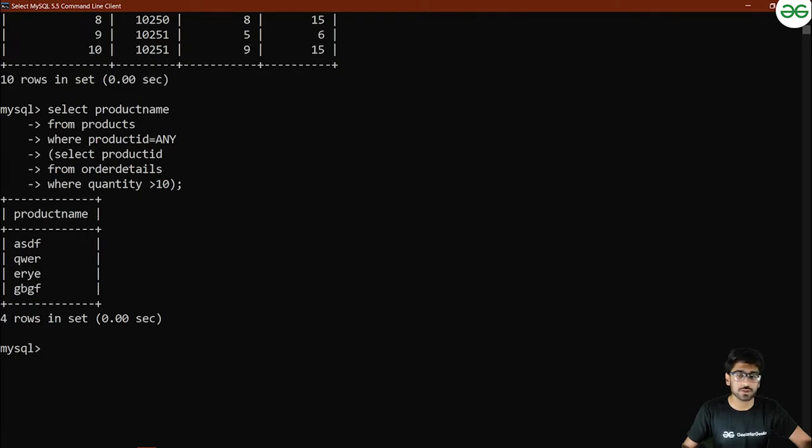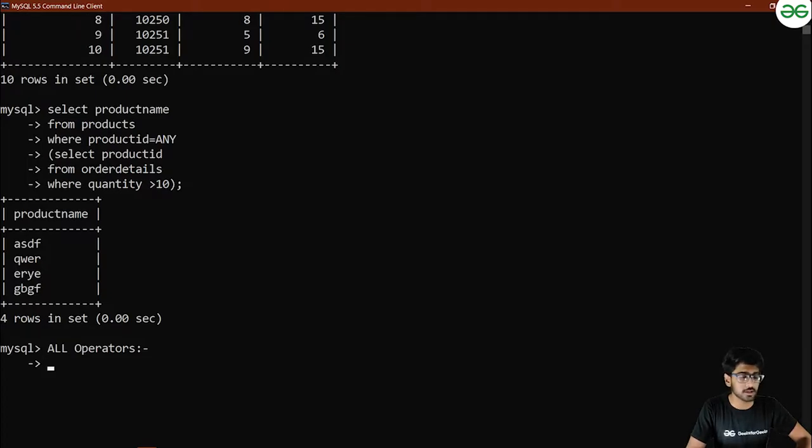Now let us move on to the next topic, that is the all operator, right? For the all operator, let me start with the definition. The all operator returns a Boolean value as a result, and it returns true if all of the subquery values meet the condition. And it is used with select, where, and having statements. You can use it with the select command, that is our basic query to get the data from the table, and you can use it with the where clause, and also with the having clause. All means that the condition will be true only if the operation is true for all the values inside the range. And the basic syntax of